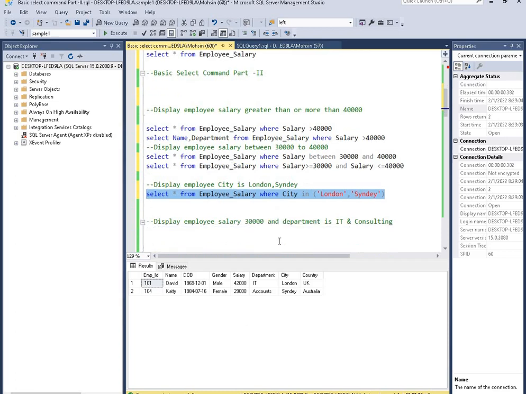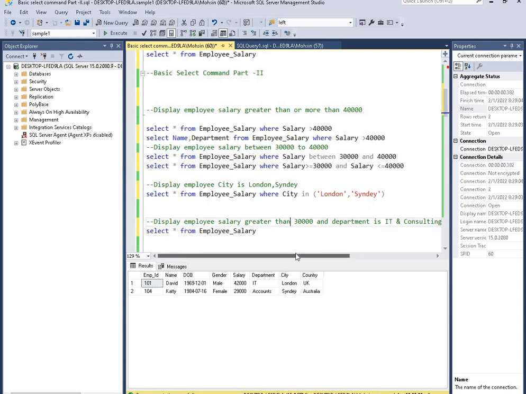Display employee salary 30,000 and department is IT and consulting. Here what I did, it was salary 30,000, so I made it greater than.